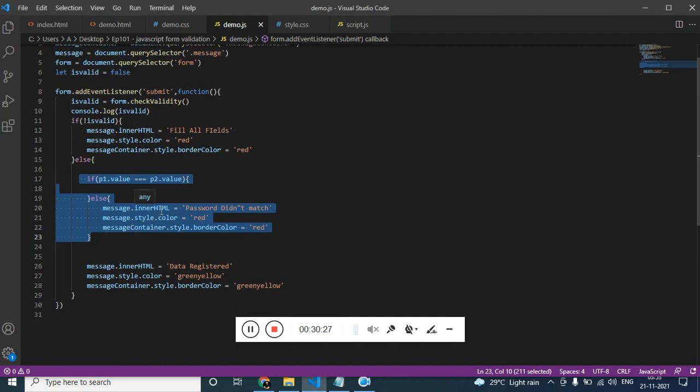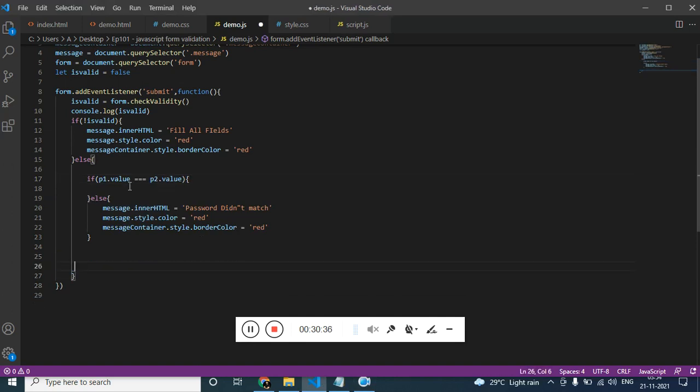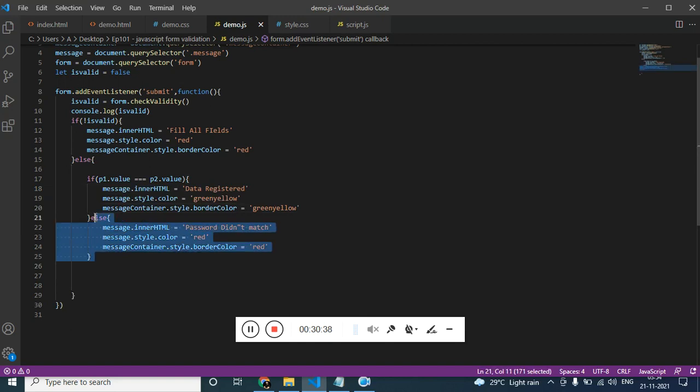What it should do, it should not run this line of code. Actually we made a mistake. If it is matching, then it should say data registered. If it is not matching, then it should say password didn't match.